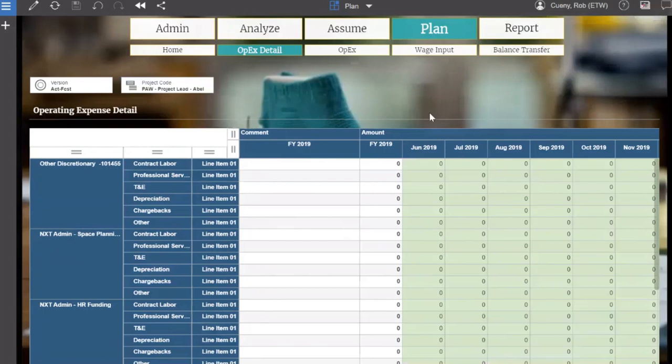Once we have the desired version and project code set selected, we can begin planning expenses. You'll notice that only a single line item is available for each expense type. As values are entered, additional lines appear, allowing entry to the next available number. Each line has a field for us to enter a comment about the line item expense,